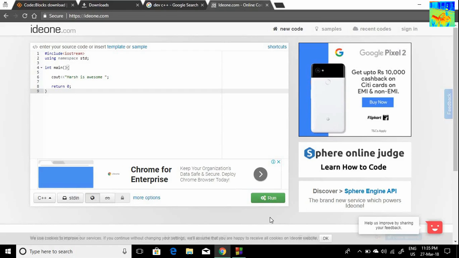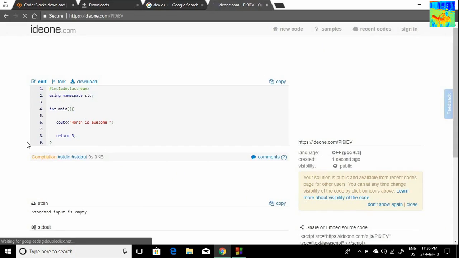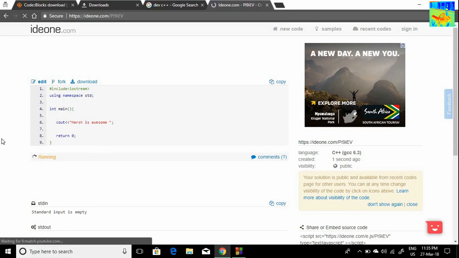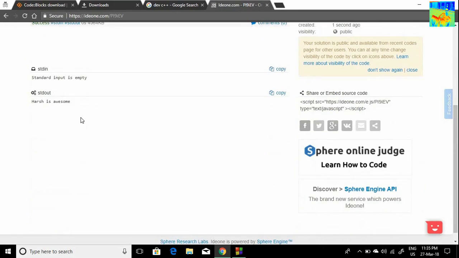So this is my code and run. Okay, so this is my output. stdout means standard output and stdin means standard input. So we are not taking an input, so that's why this is empty. Standard output is Harsh is awesome.